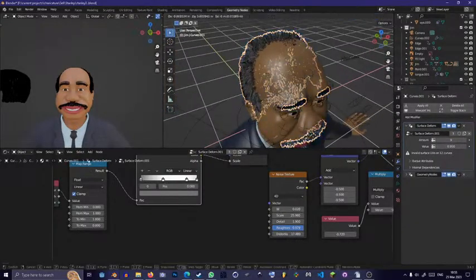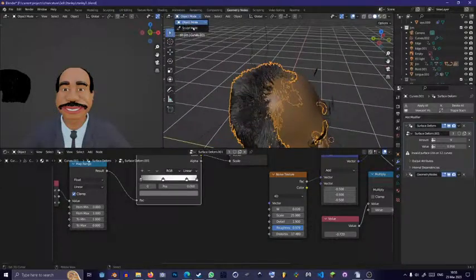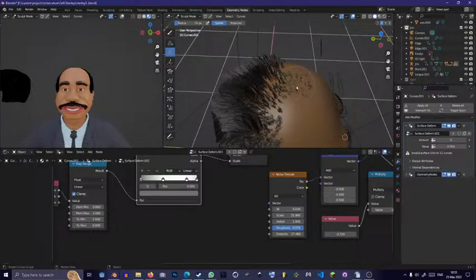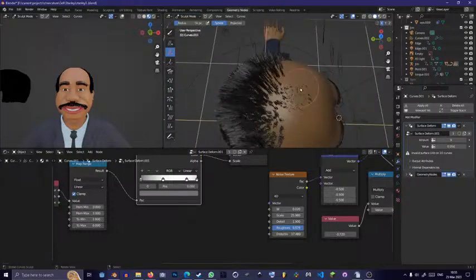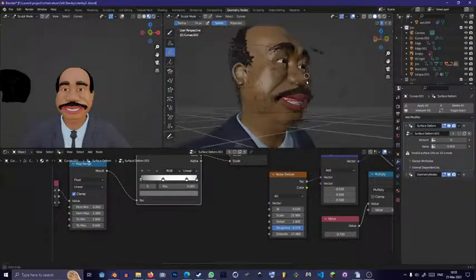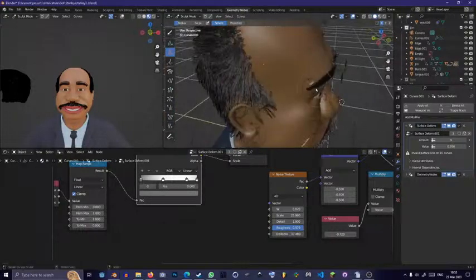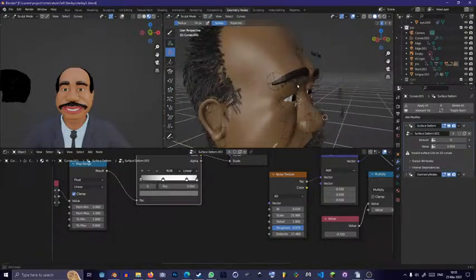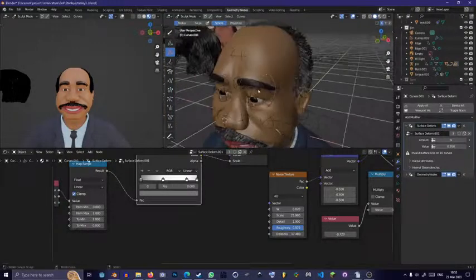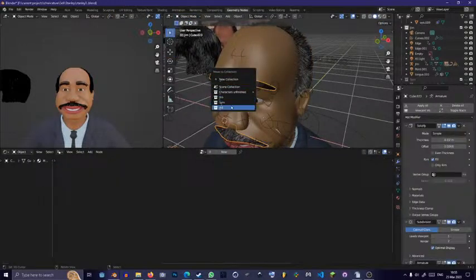So I just removed all the long hair on the one model, and I'm going to remove all the short hair on this model so that it's separated into two different layers. Move these to